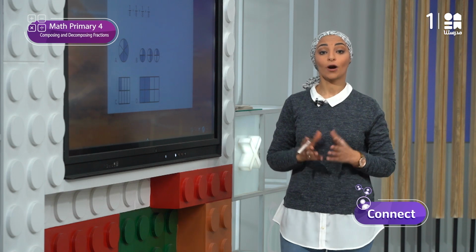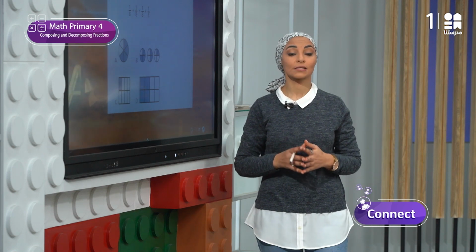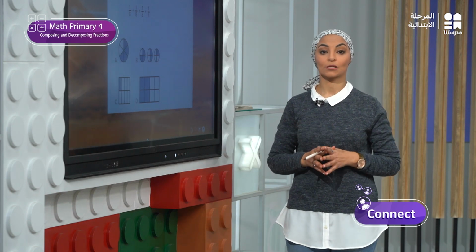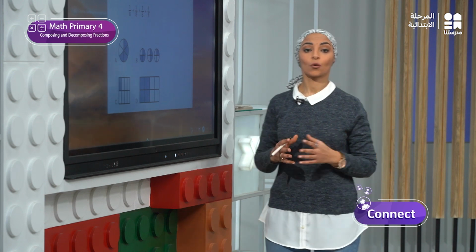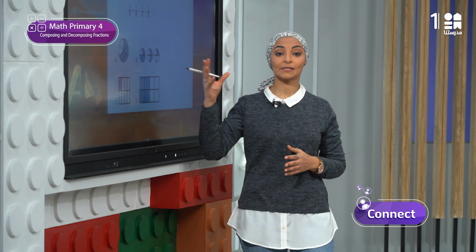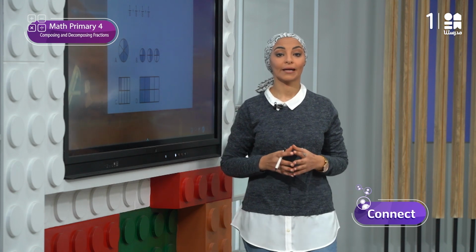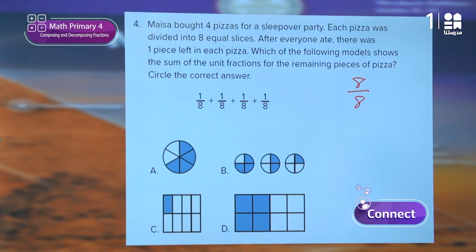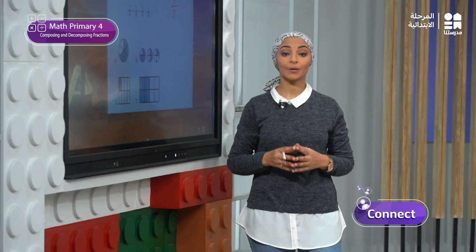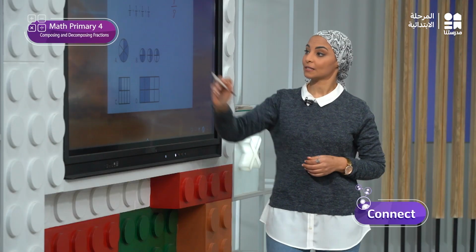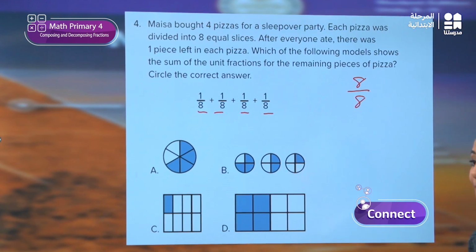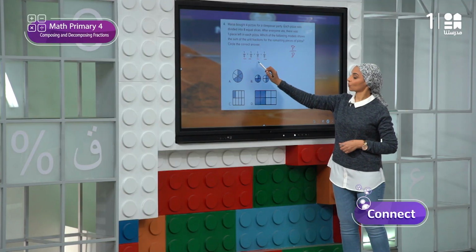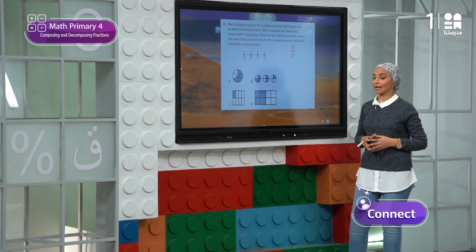We are asked to identify which model shows the sum of the unit fractions for the remaining pieces of pizza. Each pizza was divided into 8 parts, right? This means each pizza has 8 eighths. And what's left of each pizza is 1 piece in each one, which is represented by 1/8. Okay? So what's left is 1/8 plus 1/8 plus 1/8 plus 1/8